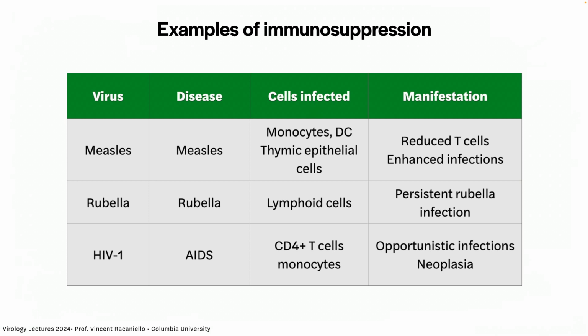And here are 3 examples of immunosuppression. Measles is a big one. It infects monocytes, dendritic cells, and causes enhanced infections. As you'll see, it does something else that's quite bad. Rubella reproduces in lymphoid cells, and of course HIV reproduces and destroys CD4 positive T cells. And so the consequence is you get infections with other pathogens when you are immunosuppressed by these viruses. And for HIV, the cause of death is by these opportunistic infections that occur because you no longer have an